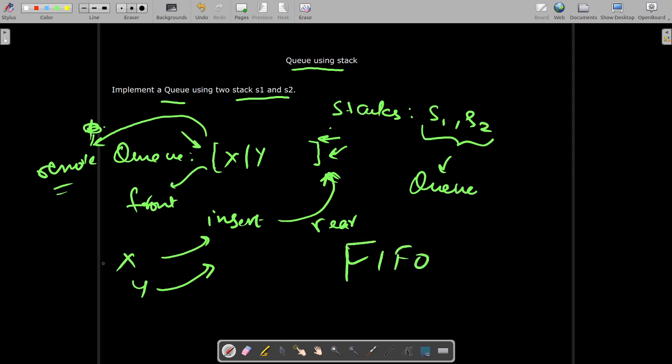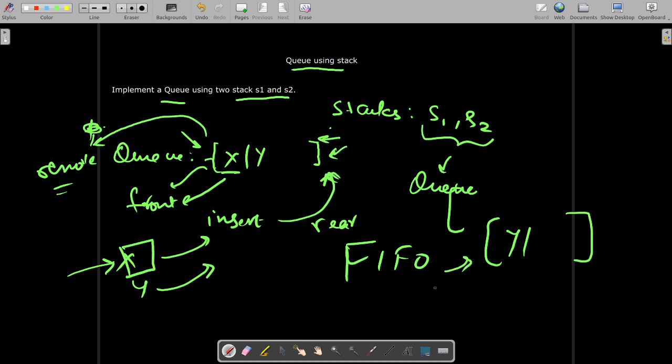X was pushed in first, so it should be the first to come out. From the front, I will take the element, so X will come out and my queue will become Y only. This is the front end and this is the rear end, and it follows the FIFO principle. The first to come in is the first to go out.